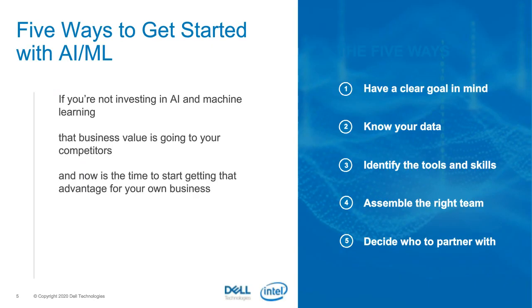So let's take a quick look at the 5 important things to consider when you start an AI project, or to take a look at your existing AI project and see how you can find improvement or optimize so that you could do more projects using the same resources, or add some additional resources and get more done. So these are the key 5 items that you need to keep in mind and that we're going to cover.